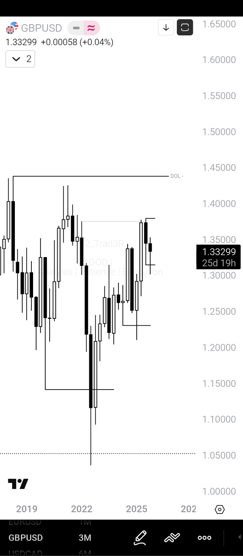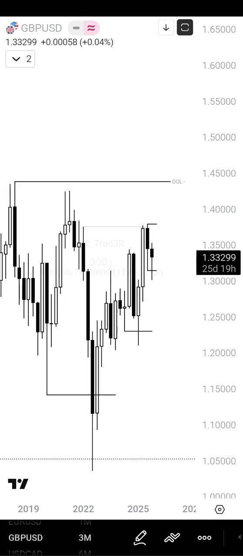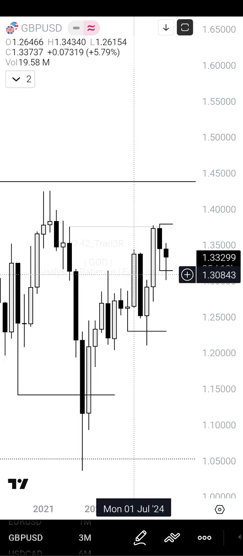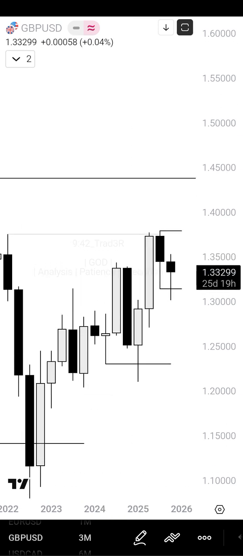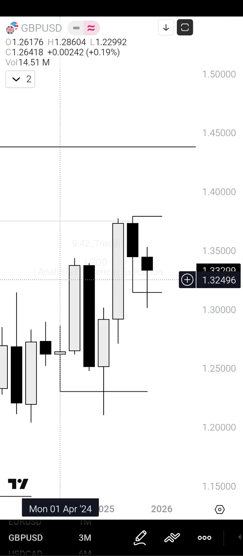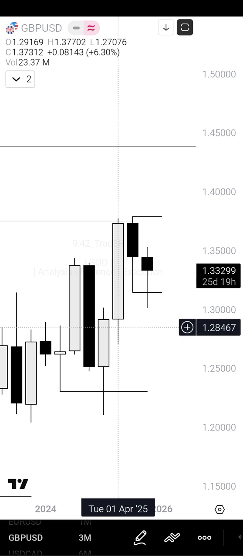So here on the 3 months, you can see price is respecting the previous lows on the 3-month chart, and we are breaking and closing above the previous highs. It could be an individual candle high or an old high. So you can see how price is respecting the lows and closing above their highs. So when we had this, I know that okay, my bias and my order flow is bullish on the higher